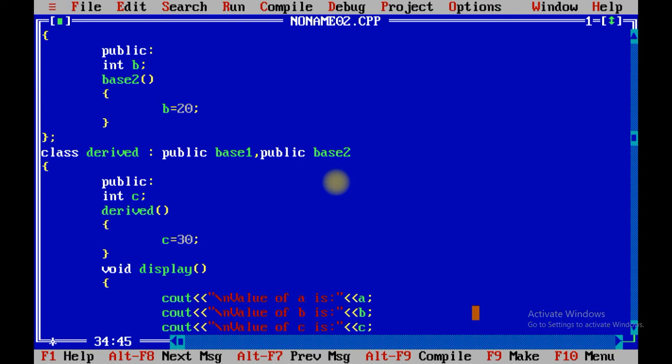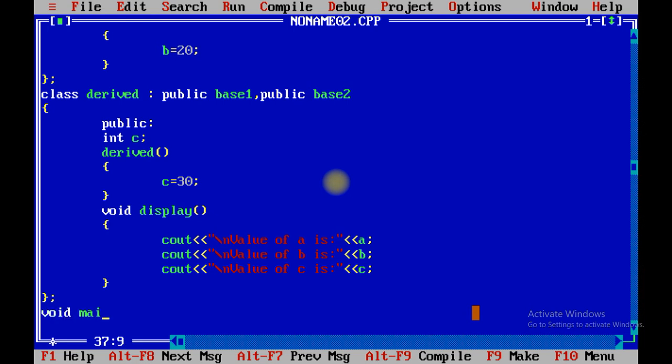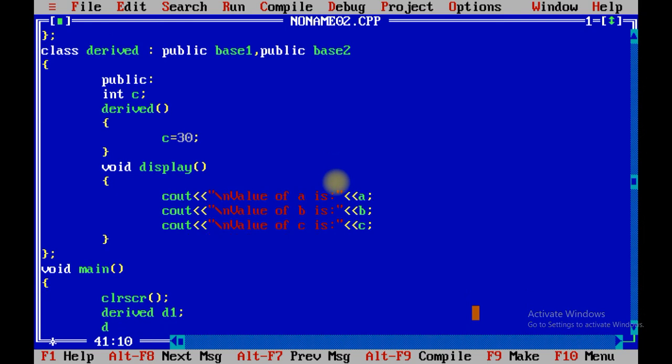Now what we need to do? We need to create void main: clrscr, getch, derived 1 d1, d1.display.